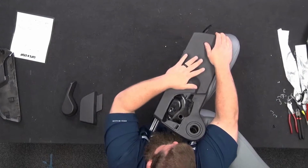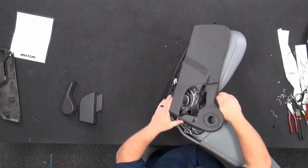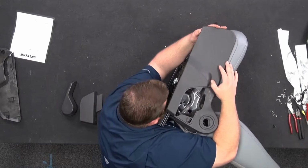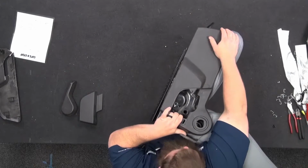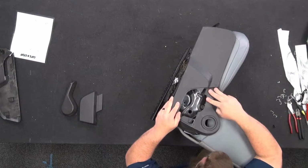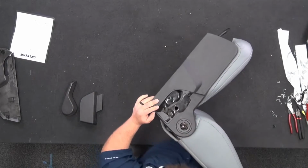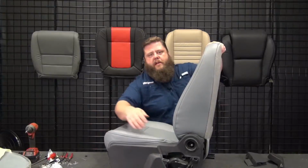Okay, that pushes down. There we go. Come on back. There we go. You'll know you got it far enough back because you got the hole on the side right